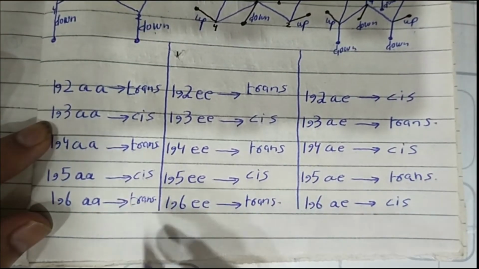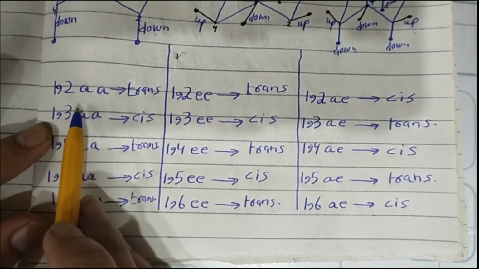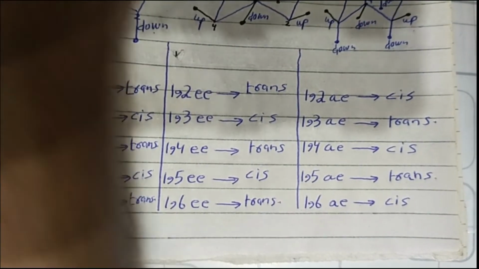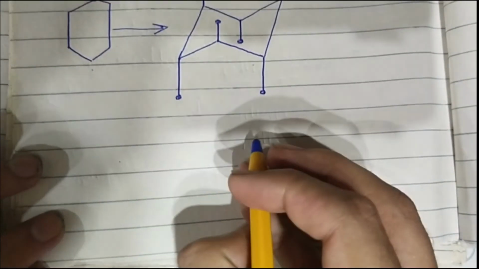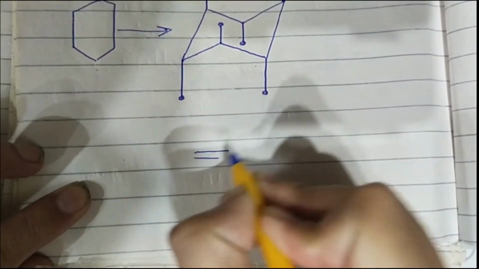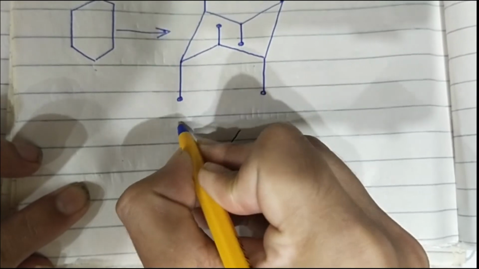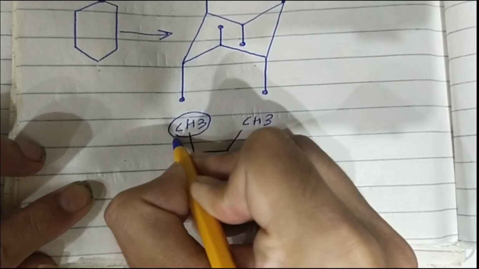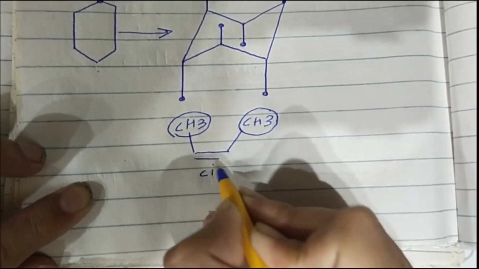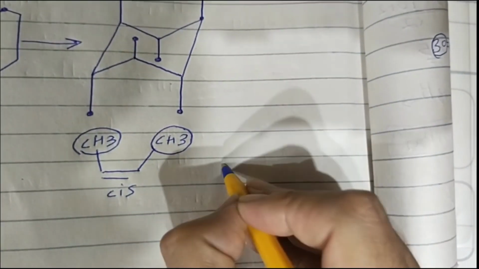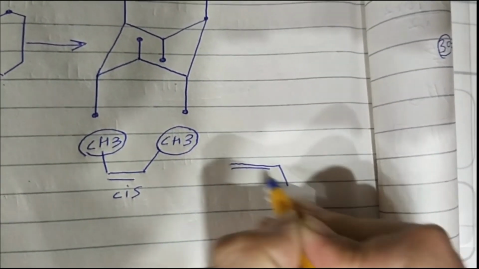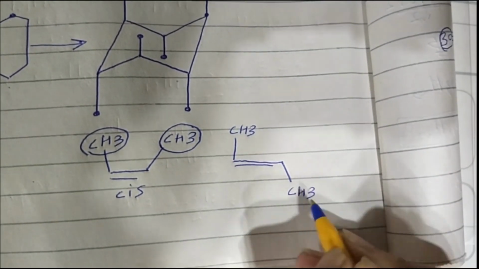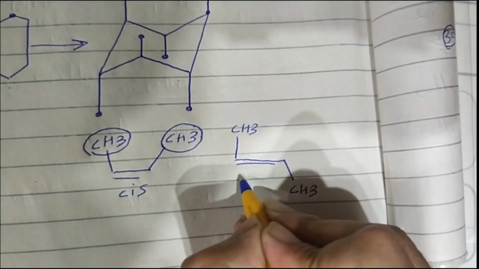So this is the axial and equatorial geometry with cis and trans. What is cis and what is trans? Cis is when two groups are on the same side of the plane. This is cis, on the same side of the plane. When two groups are on the opposite side of the plane, then this is trans. Same side is cis and this is the opposite side, this is trans.